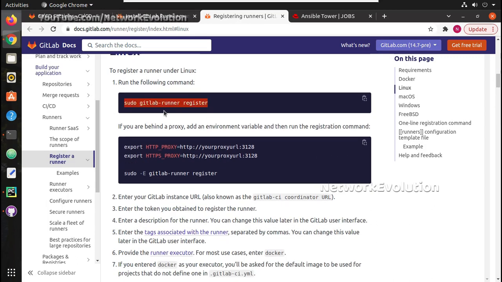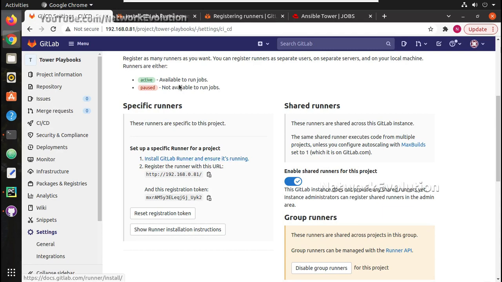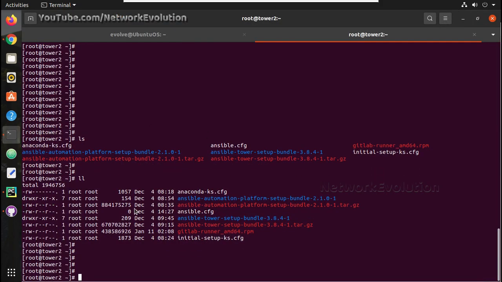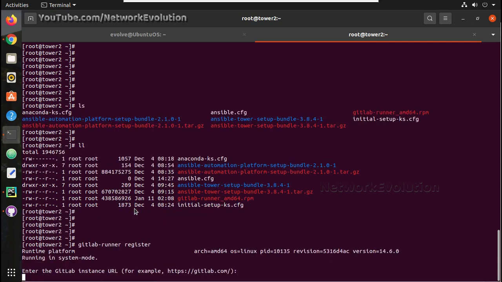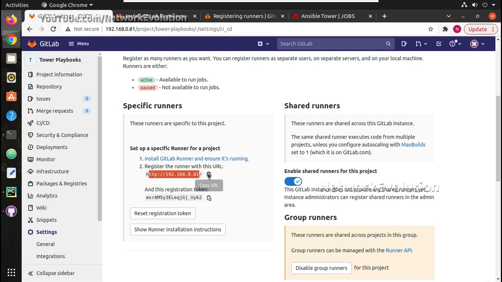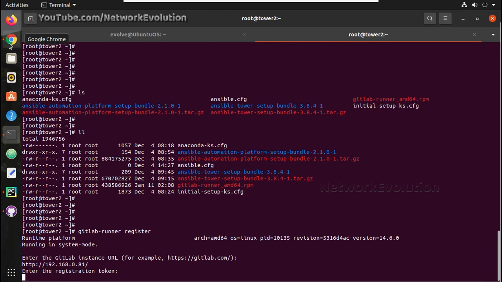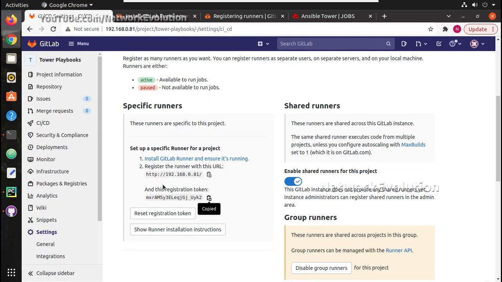For registering it, you need to execute the sudo gitlab-runner register command, and registration details are available in the GitLab. This is the GitLab IP and the registration token. You need to enter this while registering it. So from the Ansible Tower, I'm giving gitlab-runner register. I can copy this URL, and from here I can take the token,